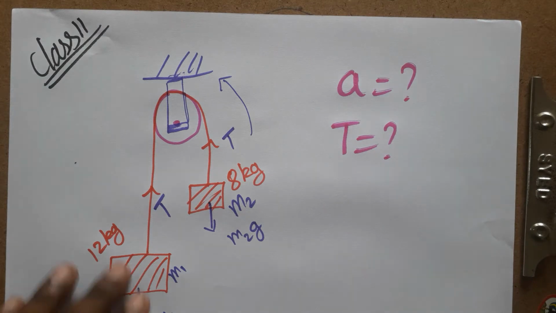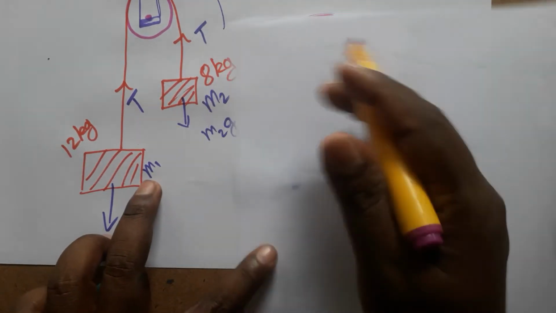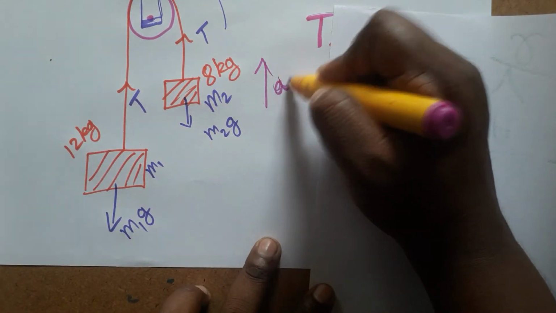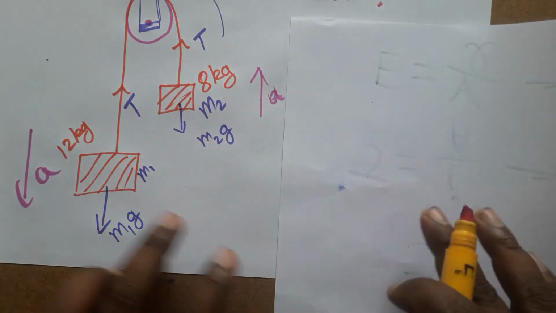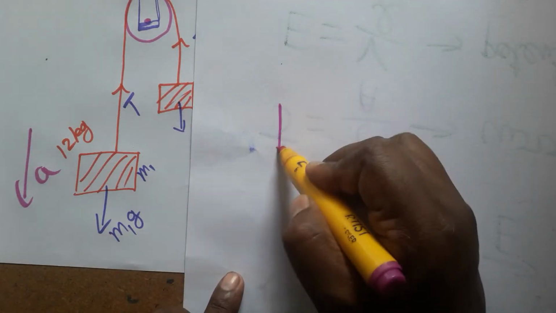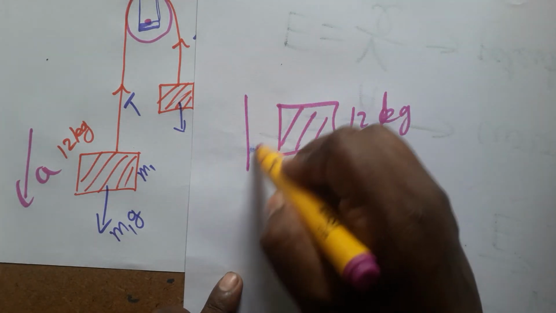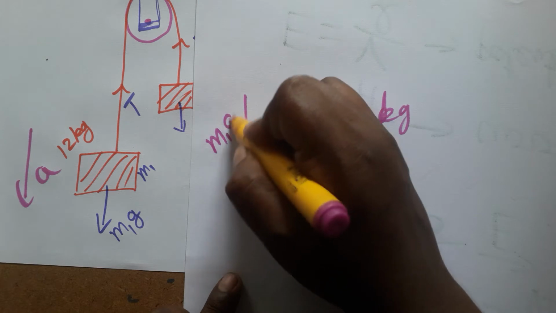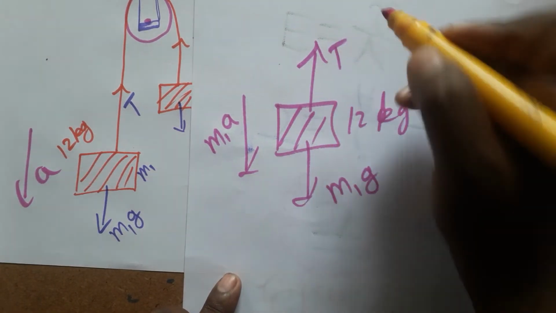Okay, first we will write the equation for this one, next we will write the equation for this one. So see here, first we have taken the 12 kg mass. The system is going to move, here it is upwards, here it is downwards. So here a is upwards, here a is downwards. First we will take it here. So 12 kg mass, it's going to move downwards. It's m1, I have taken m1 times a, it's moving downwards, weight is acting m1 times g downwards, tension is acting upwards. So I'm going to write the equation for the system.